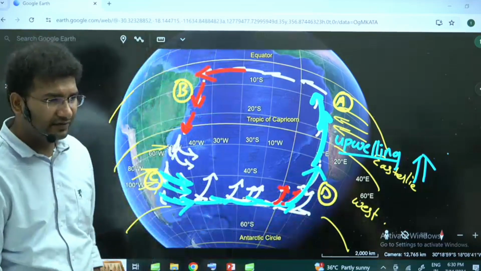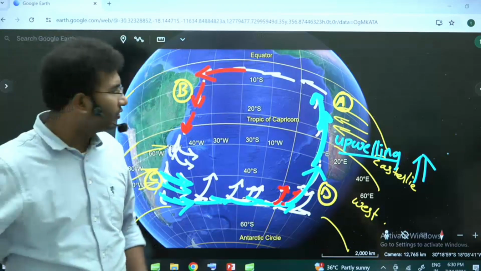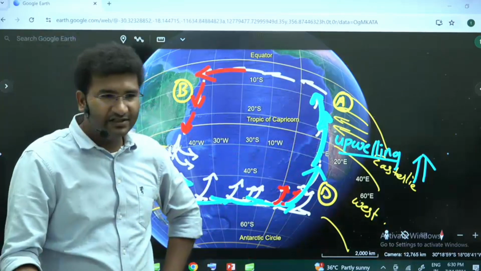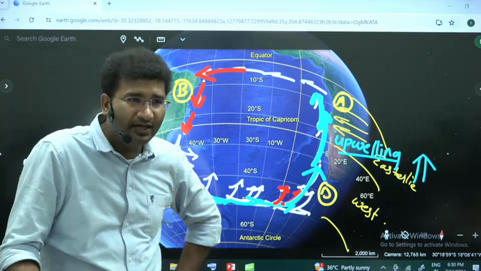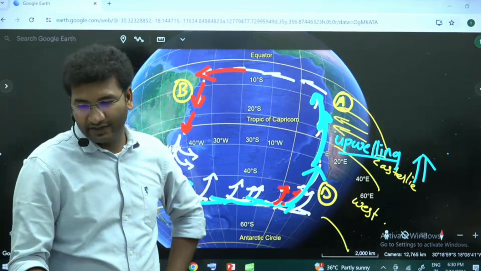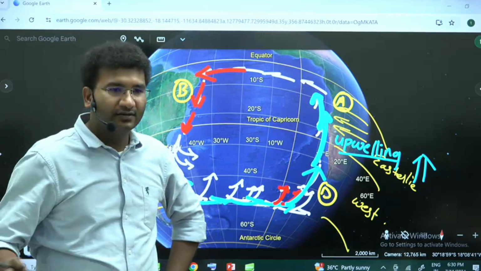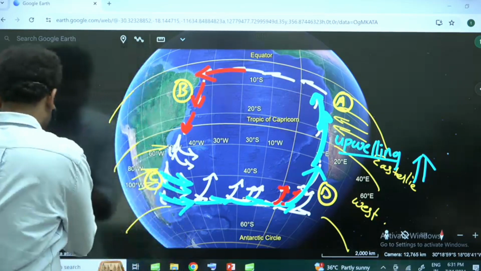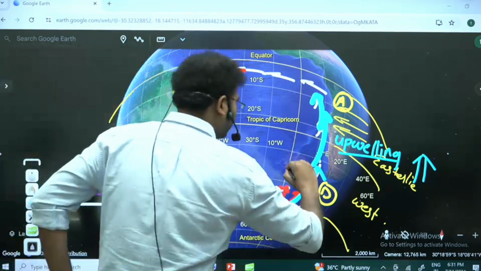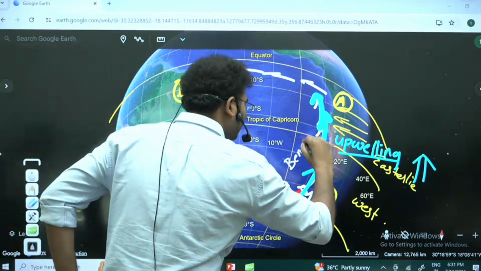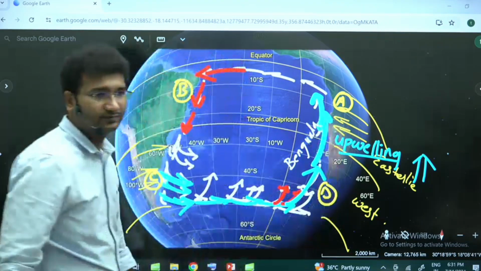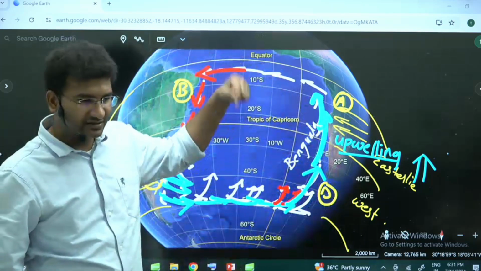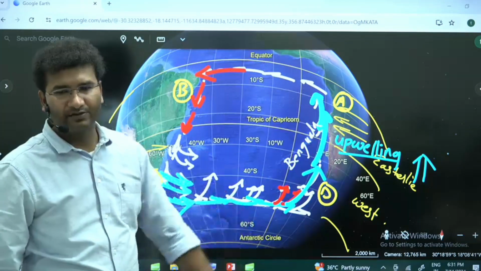Now there are names that are given to this. Open your atlas and look out for the names. What is the name of the current that is there on the west coast of Africa? It is Benguela current. West coast of Africa, you have Benguela. So there is a place called Benguela on the western coast of Africa. So that's why they call this the Benguela current. You look into the west coast of Africa, there is a city also. When you open the Africa map, you will get to see that.